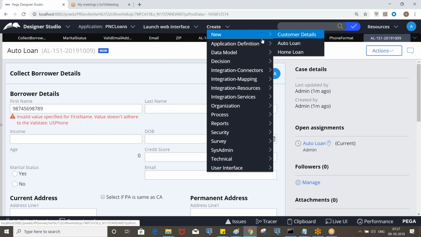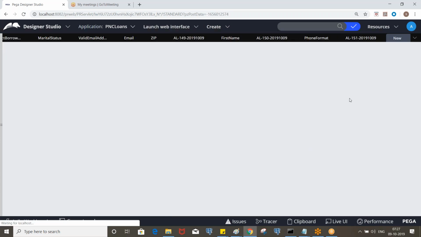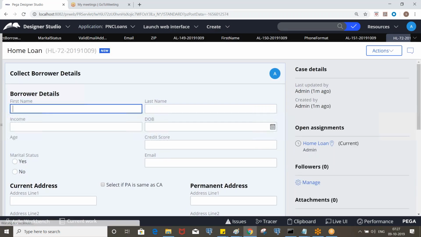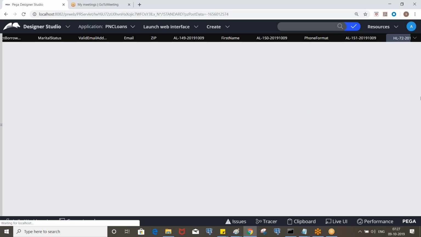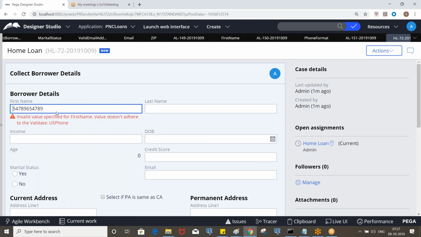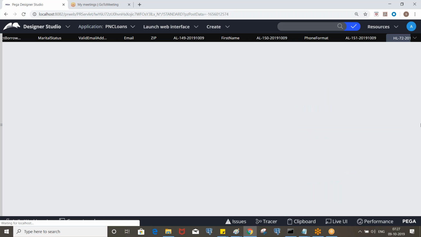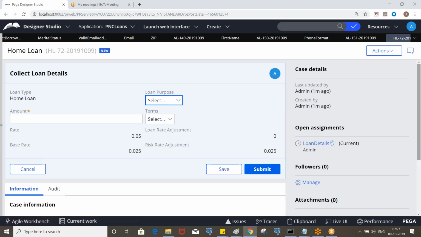Let's execute the flow again. You don't need to click on submit because it's client side, right? Invalid value specified for first name. Let's put 10 digits. Now it is accepting, right?